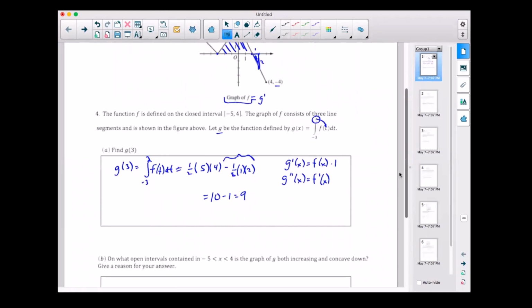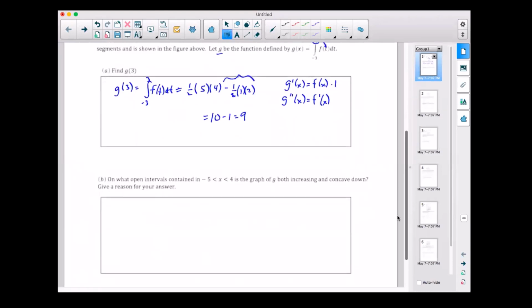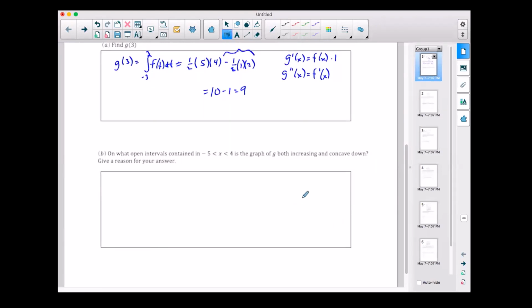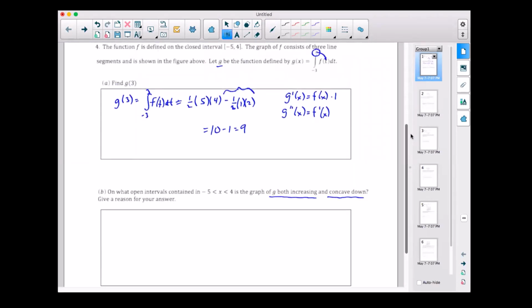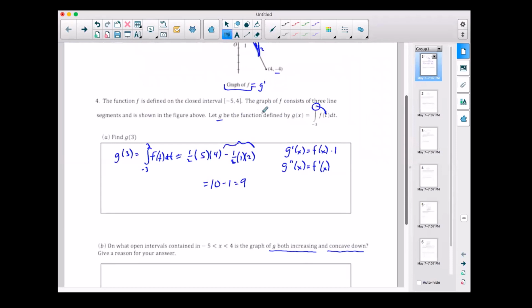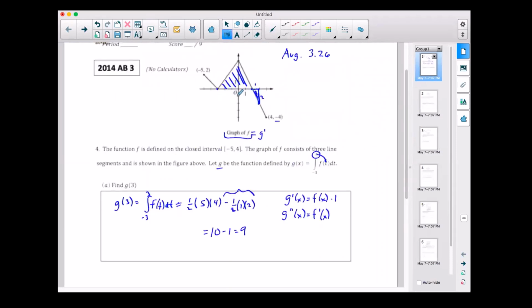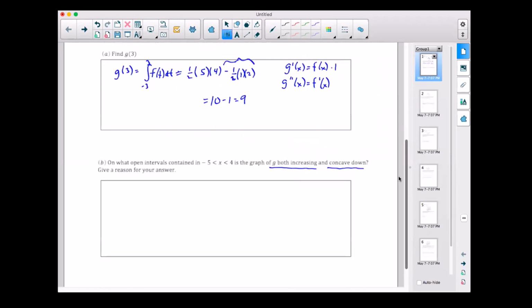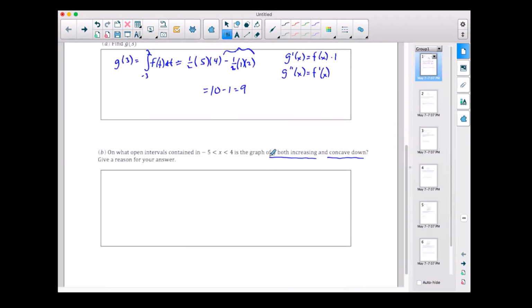So I'm going to move down to part B, and you're really going to see why I had that original sheet in the very beginning. So in part B, it says, okay, where is the graph of G both increasing and concave down? And this is where students can really lose points if you're not being careful, because what happens is your eyes want to keep looking up here at the graph, trying to answer questions by looking at this graph. And that's a very dangerous place to be,